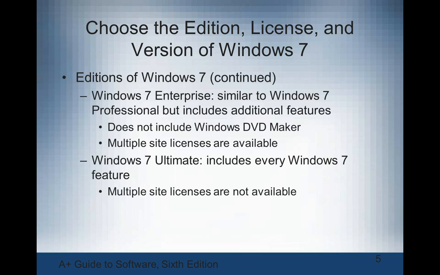Enterprise is the top of the line, similar to Windows 7 Professional, and includes additional features. The additional features are the ability to encrypt the hard drive, things like that. Windows 7 Ultimate and Windows 7 Enterprise are the same piece of software. They have the same features. This one you sell to somebody that wants the Cadillac of the operating system. If you don't need BitLocker and those kinds of things, I don't know what the price difference is, because